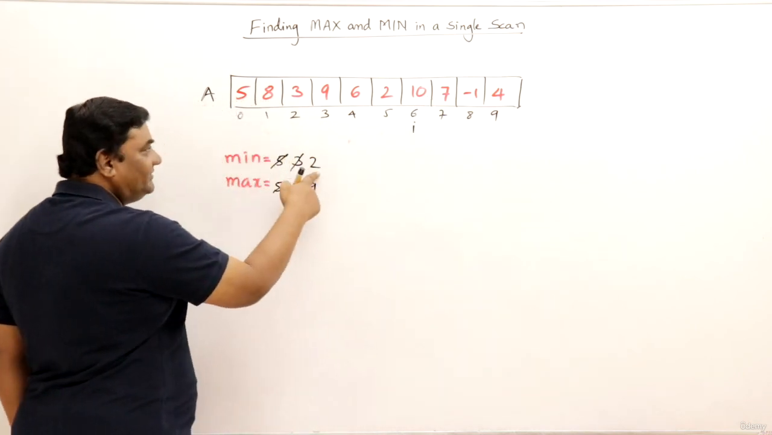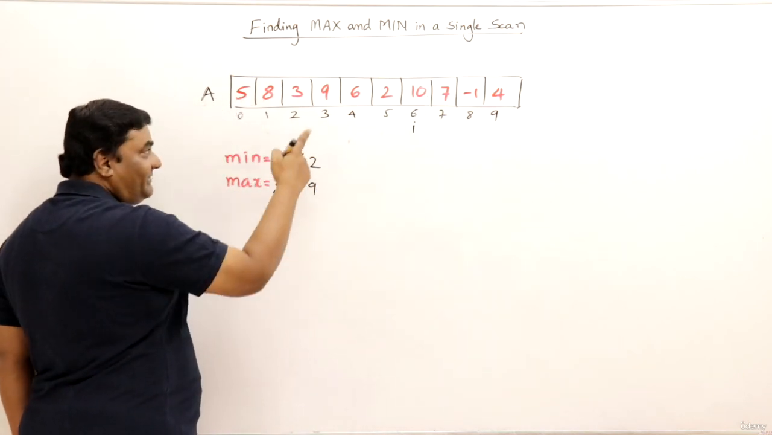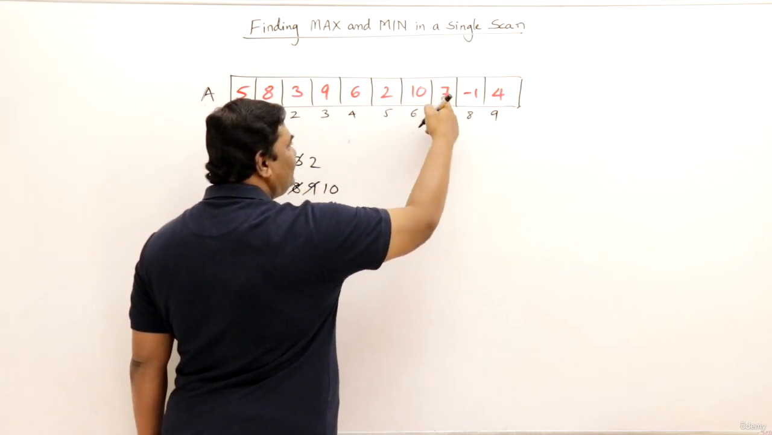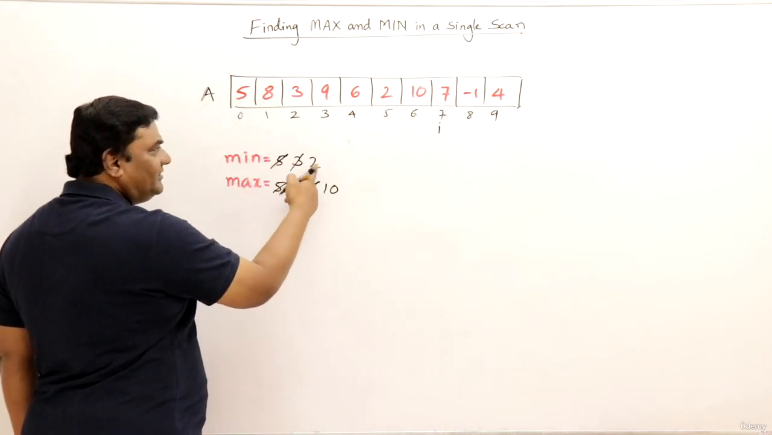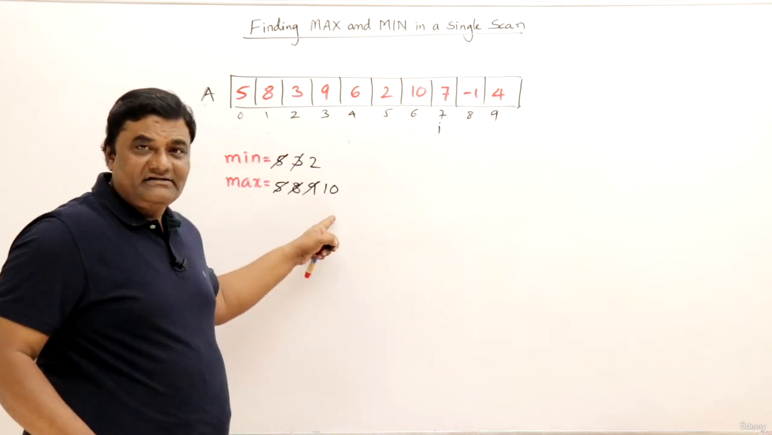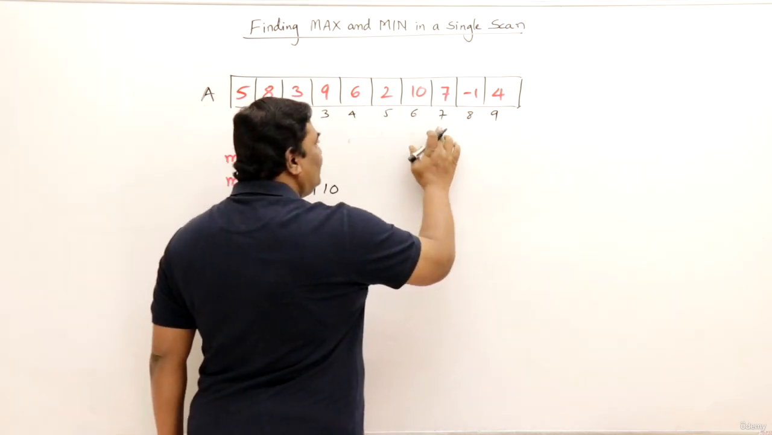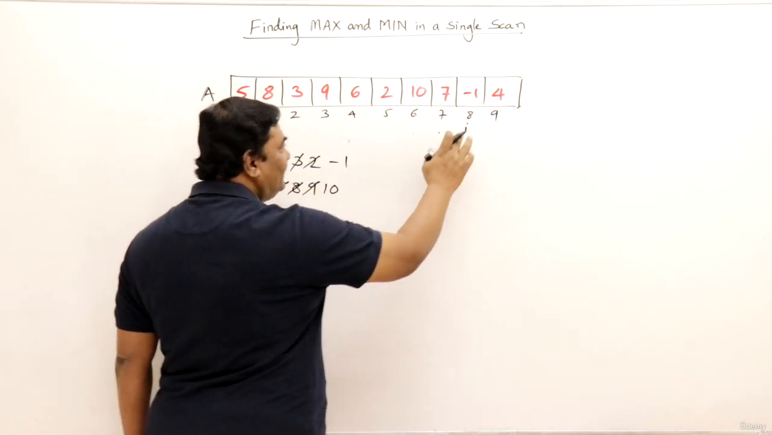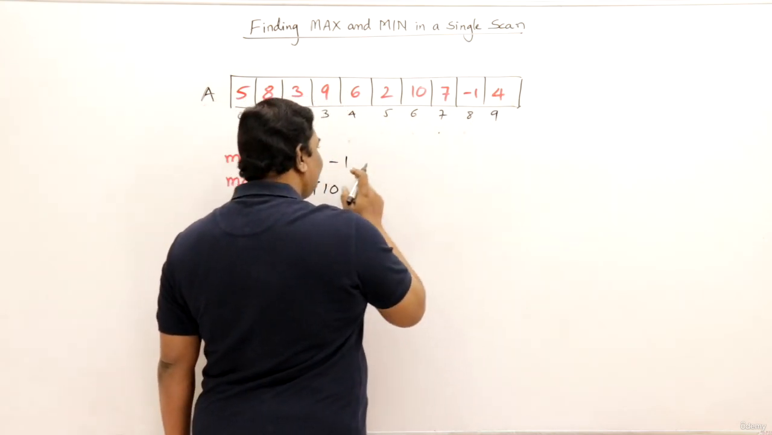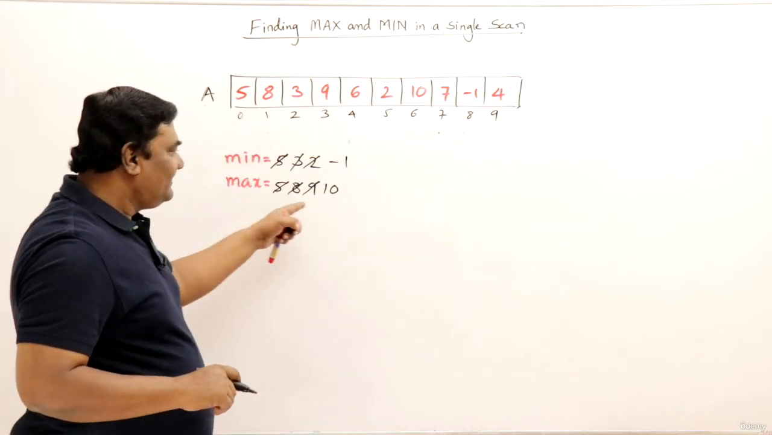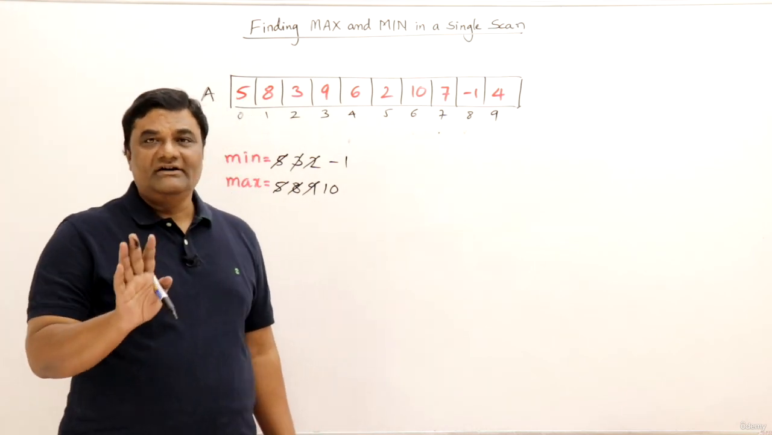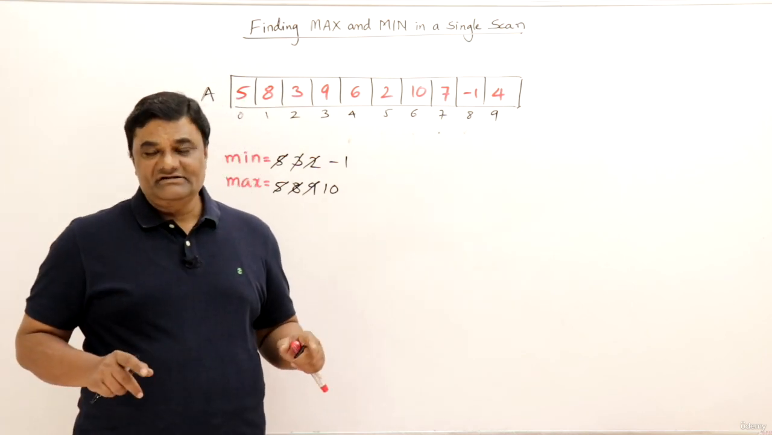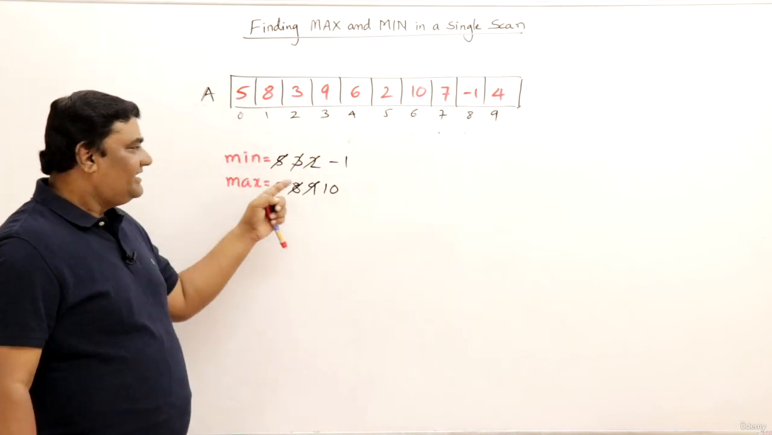The next element, 10. Is it smaller than min? No. Then check, is it greater than max? 10 is greater than 9. Yes. Modify it. Then 7. Is it less than min? No. Is it greater than 10? No. Then go to the next element. Is it smaller than min? Yes, -1. Modify min to -1. Then next, this one. Is it smaller than min? No. Is it greater than max? No. So I have executed the procedure on the entire list, and we found the minimum as well as maximum